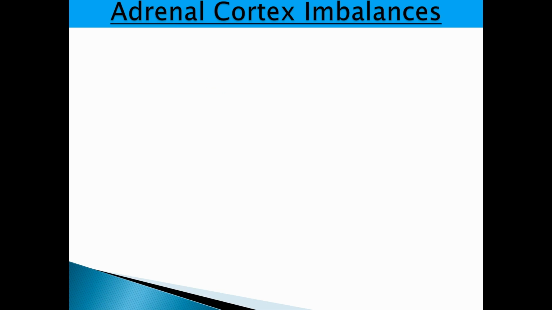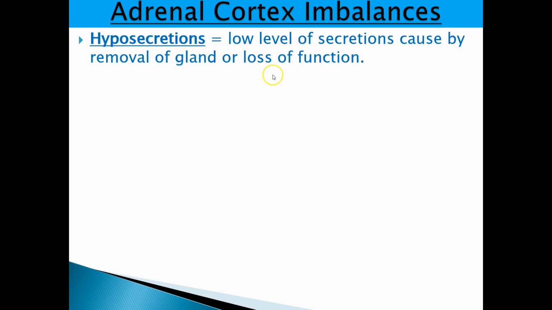So this brings us to the imbalances. We'll begin our first imbalance by talking about hyposecretions, which, if you remember, hypo means low amounts. And so these are going to be low levels of secretions, often caused by either the removal of a gland or loss of function. In fact, in some instances, taking steroids too long can actually lead to a loss of